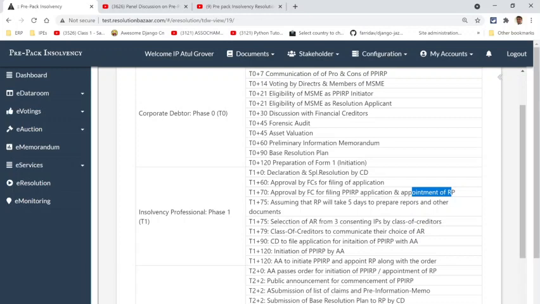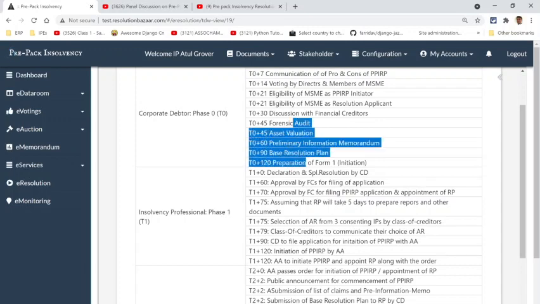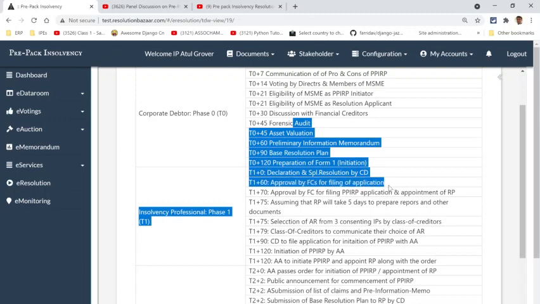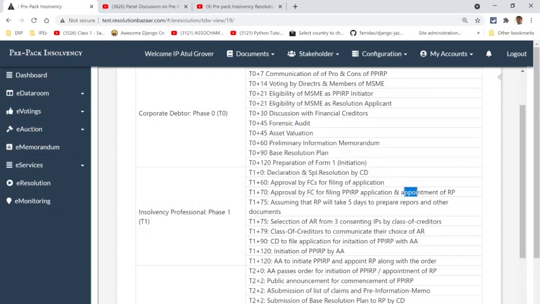Will be decided upon. And assuming the IP takes over, then within 5 days he has to prepare reports, because he has to now look into all these declarations. So he has his own checklist to make sure that everything is in place. And he has to file a report that, yes, I've looked at all the paperwork, all the checklists are in order. And by the 75th day, in this phase itself, we're going to have the resolution professional prepare his report.